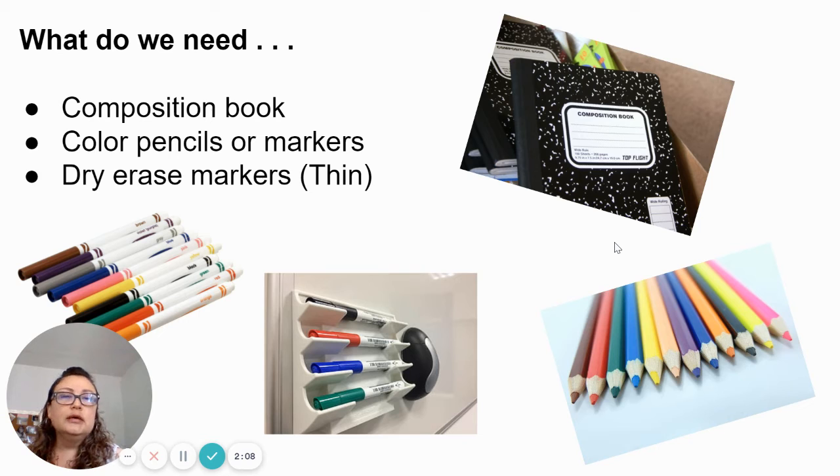But I do ask for students to have a composition book, sort of like the one that you see. Those are great because they take notes that they could refer to when they need to. So it's sort of like a notebook or resource book for their Spanish class. They're small, they're inexpensive, they can stay in my class. I would make a section for them, and that way I could easily also check and see the students' notes